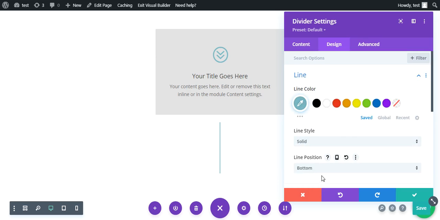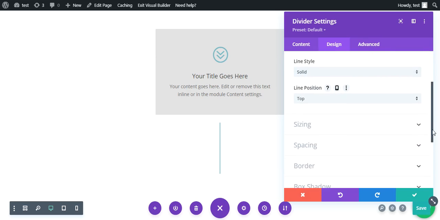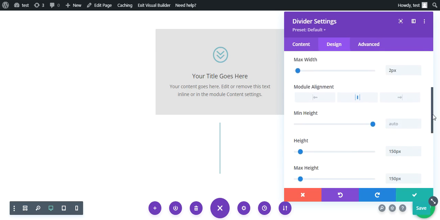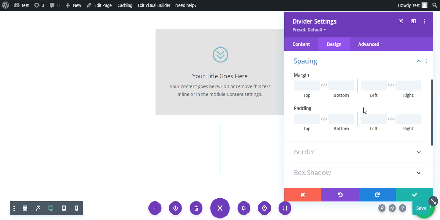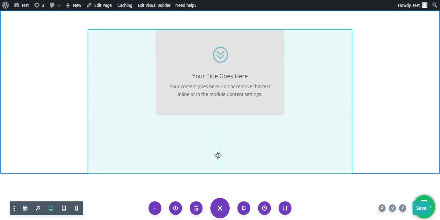Top and bottom we have the option. Let this be top. Let the margin be 0 on all sides. Let the padding also be 0 on all sides. Click on OK.